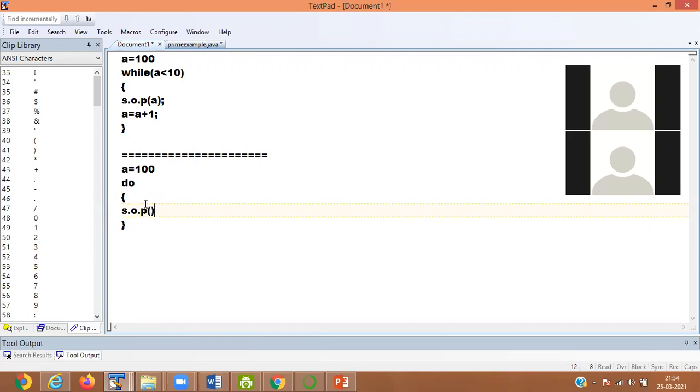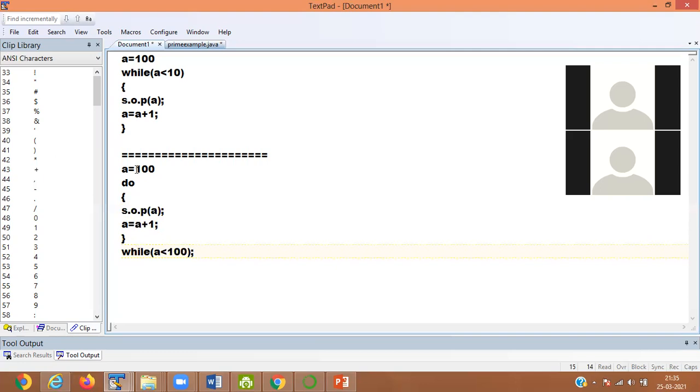It is printing you the value a. Now a is equals to a plus 1. After that it will check while a is less than 100.